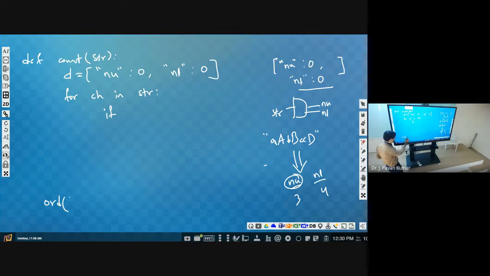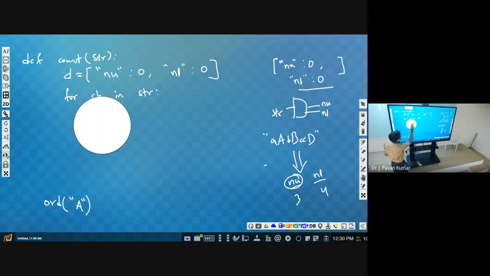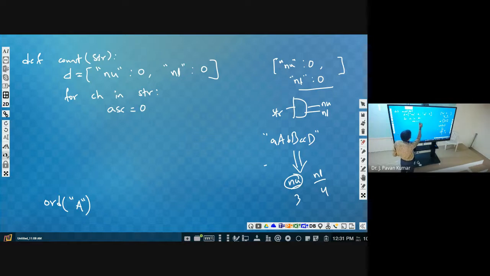Whenever we give ORD of capital A, it will return 65. Like that, ORD of CH gives the corresponding ASCII value. Let us consider the ASCII value as ASC of CH. Now in ASC we have the ASCII value of the current character.